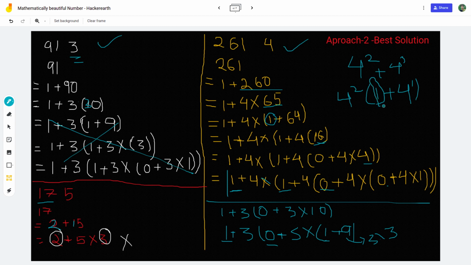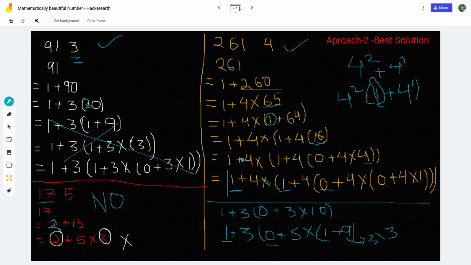Because of that we have this 1. But here we have 2, which is not the expected thing. We can expect only either 1 or 0. So because of that this is not correct, and this is our optimal solution.